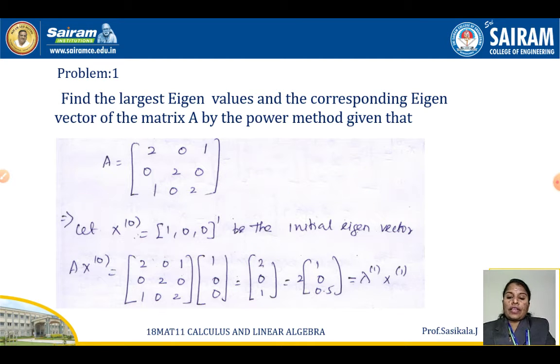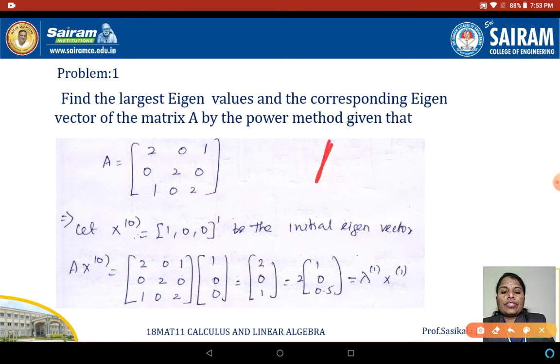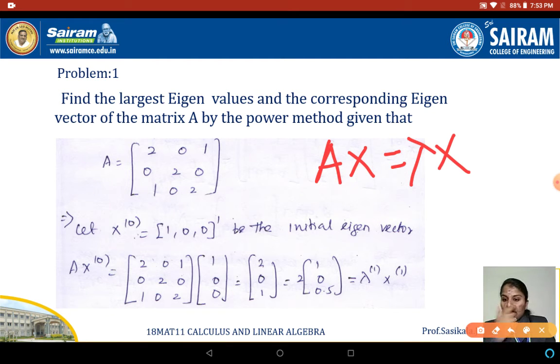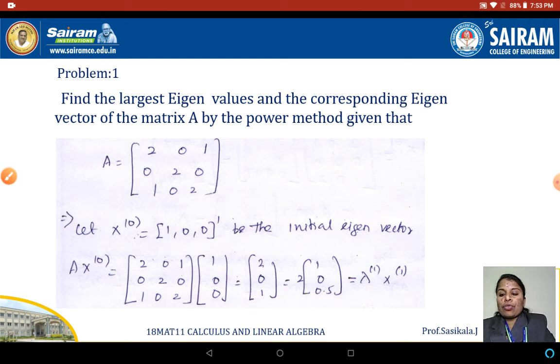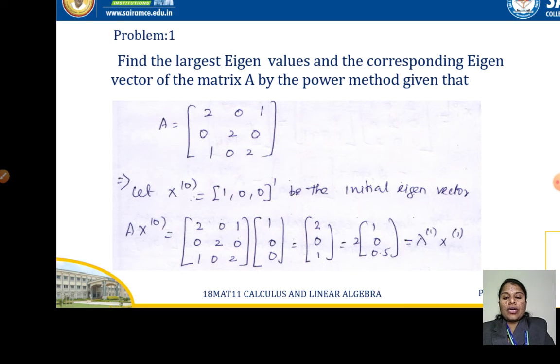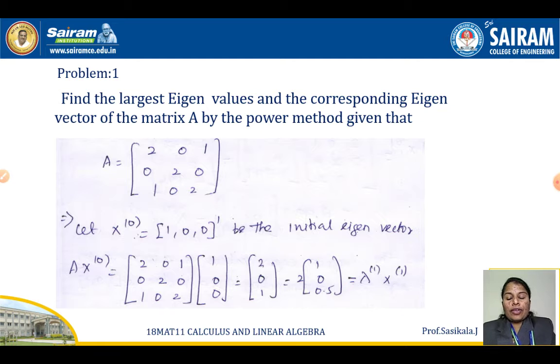First step: to calculate the eigenvalue and eigenvector, as per the definition, Ax is equal to lambda x, that is what we have learned. So A into x of 0: A is the given matrix and x of 0 is the initial vector 1 0 0 which you have assumed. You can do the matrix multiplication manually, or better, use the calculator by fixing the matrix and changing only the B matrix, then you can get the answer.